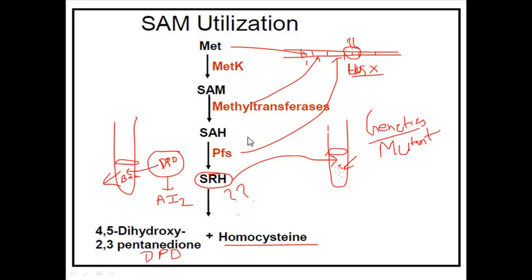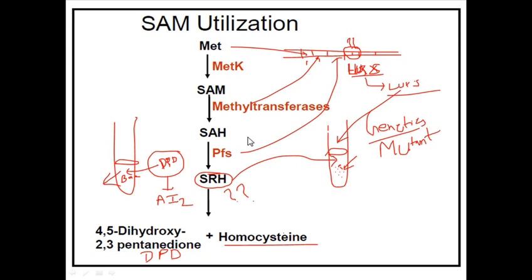So now it's the time for testing this hypothesis. What they have done is take this LuxS gene, transcribe it, and make a LuxS protein. This protein is added into a test tube. So in a test tube we add SRH, then add some LuxS protein, and after some time of incubation, what